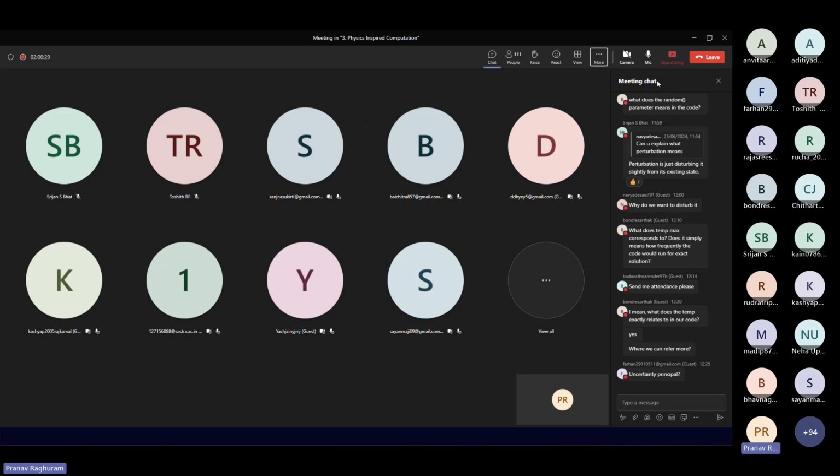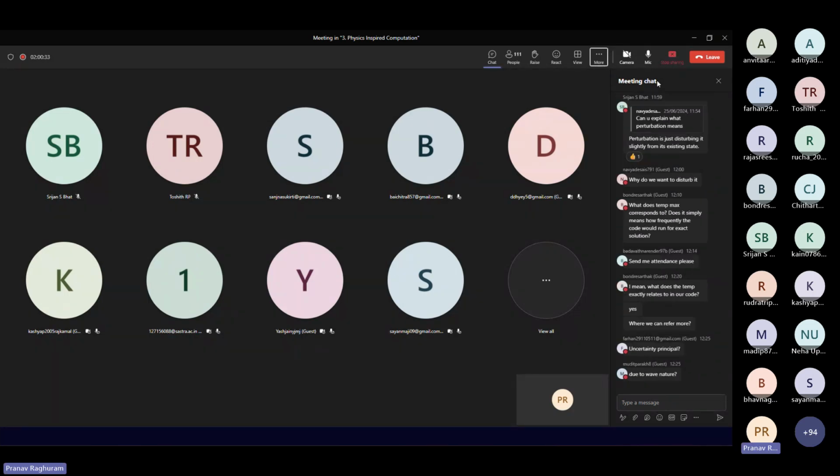Farhan, it's not exactly the uncertainty principle. Yeah, Mudit, Tarak, exactly. It's due to the wave nature.